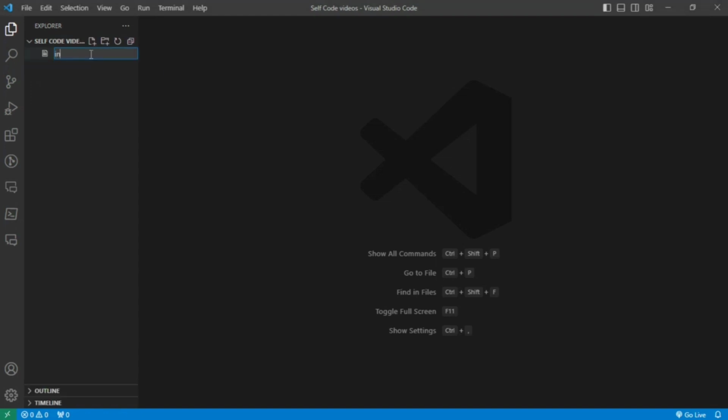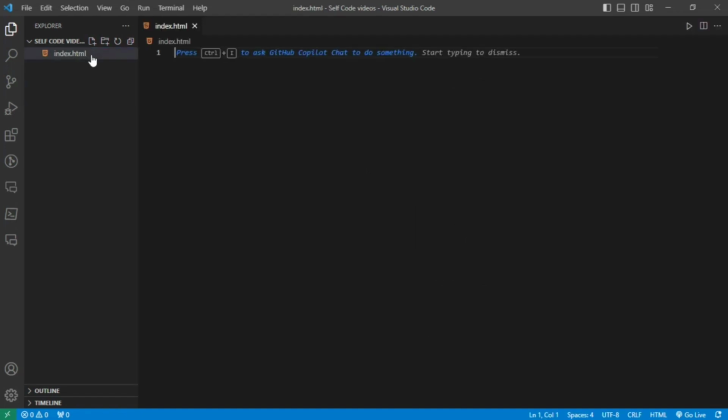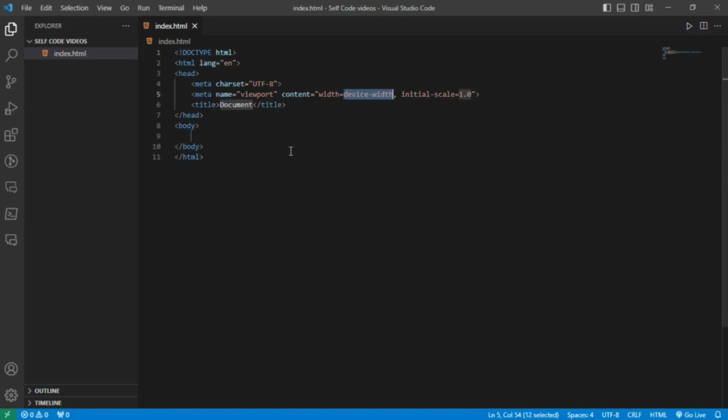So let's create index.html. I'm using the ! abbreviation. Let's get certain divisions so that we can work upon it. I am creating a division main. Inside main, I will be creating three subdivisions: